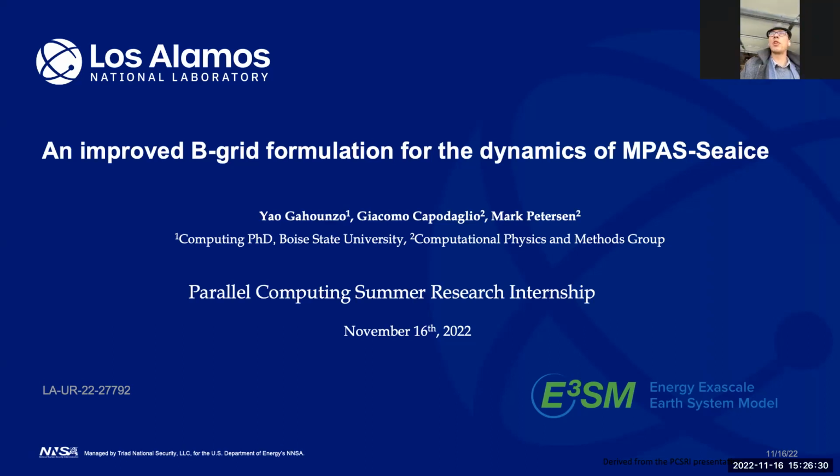Can you say which machines you've been running this on? Well, I use Cori, and Cori is at the Berkeley National Laboratory. So I created an account and then I ran the code from it. That's cool. So you got exposure to how it really looks in the wild. You can have a fast machine, but you don't have access to it immediately.